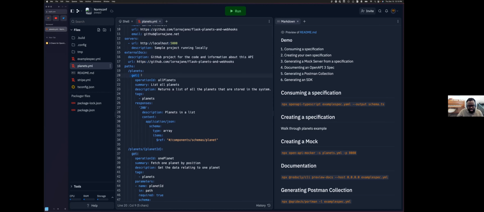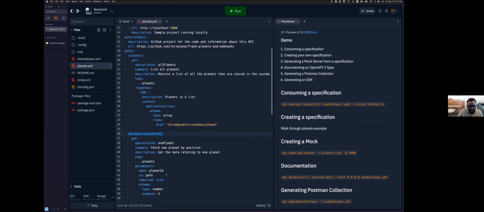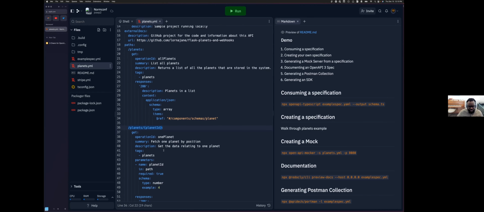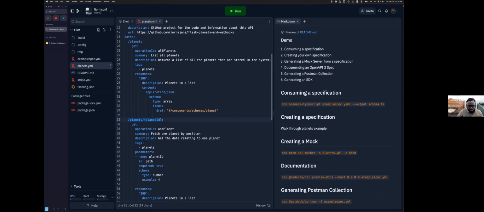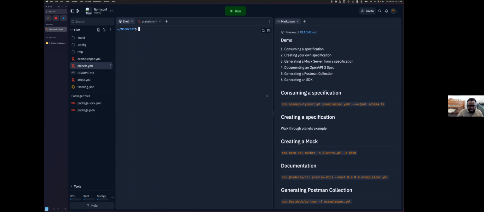There's a get for /planets, and then there's a get with /planet/ID. Pretty straightforward. It describes what you can expect from the API. One nice thing here is that it also gives examples of what the values can be, and that comes in handy when you're trying to generate a mock server. So without further ado, we're going to start by